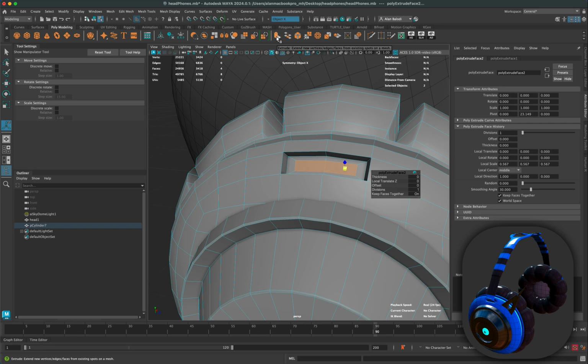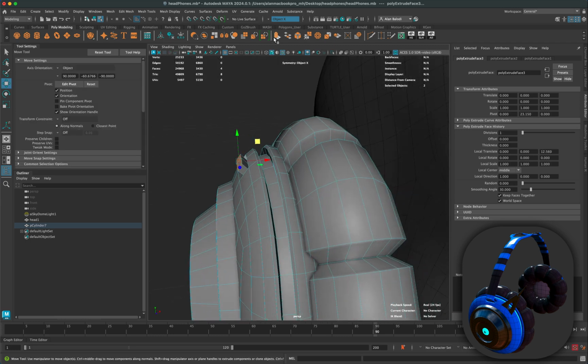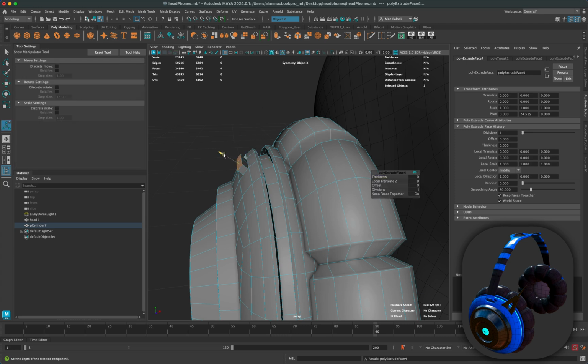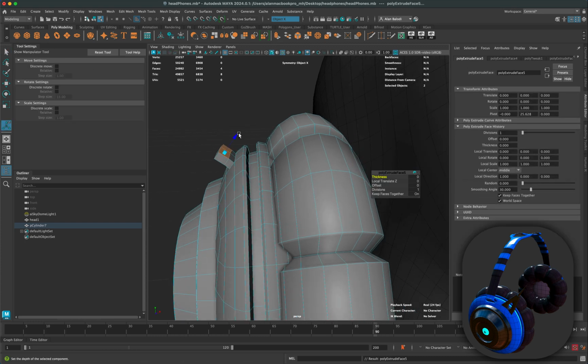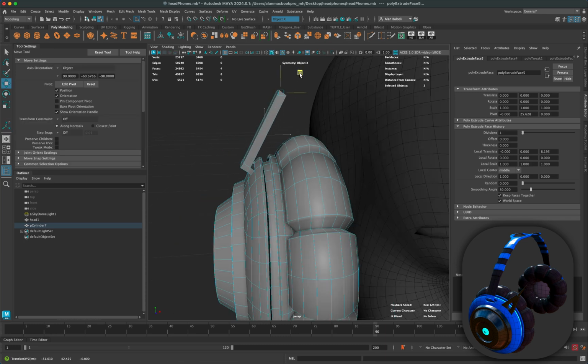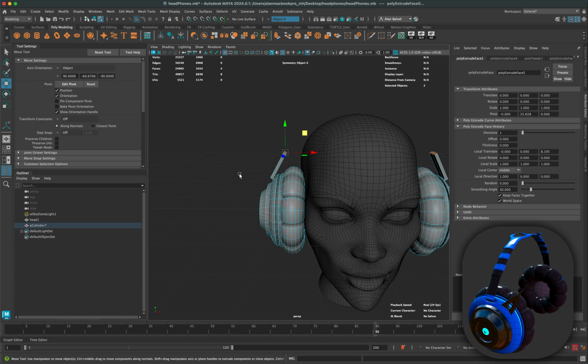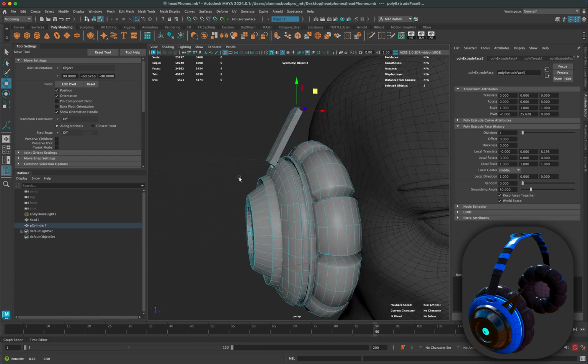And let's go ahead and do another extrude, and this time I'm going to pull something out, right? So I have something like this, and I want to do another extrude and then pull this part out. Okay, and now I'm going to grab this piece here, do another extrude and pull this up. Now let's grab our transformation tool and use that as the bridge between the two. Okay,